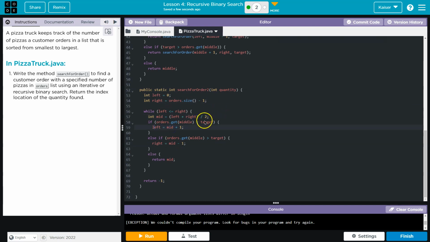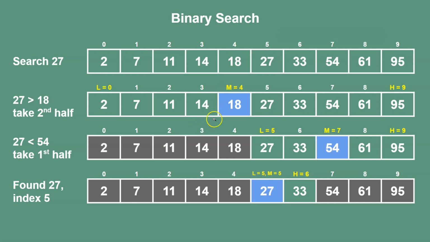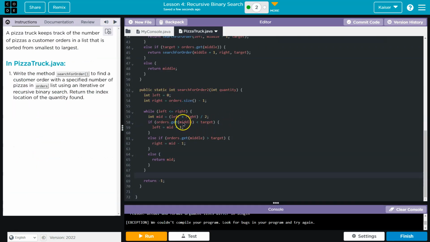And then we reassign left and right here. We return mid, or we return -1 if we don't find it. This all makes sense. So if orders.get(mid) is less than the target, then the new left point is the middle plus 1. So if the value at this point is less than the targeted value, which I should change to quantity, is less than the quantity,